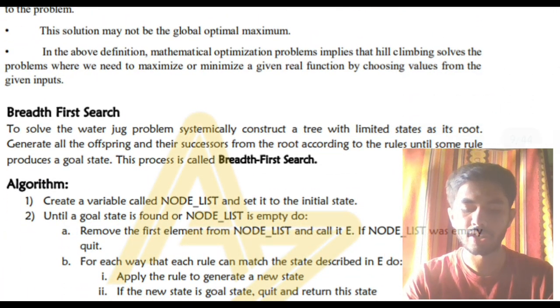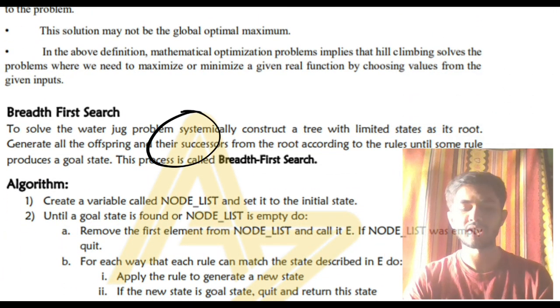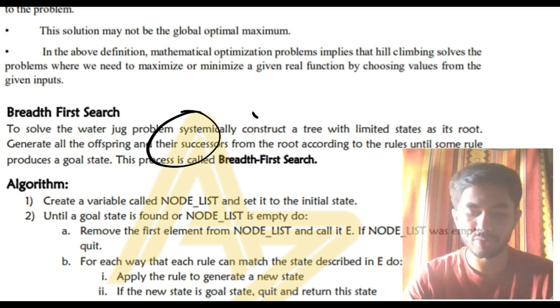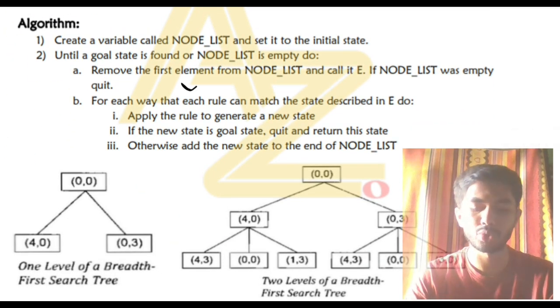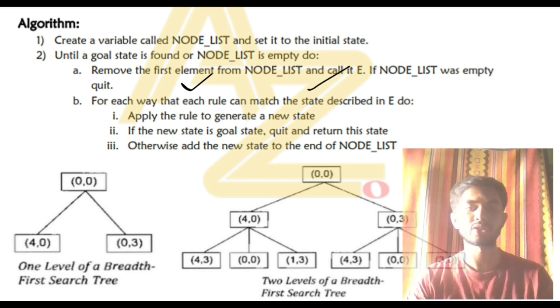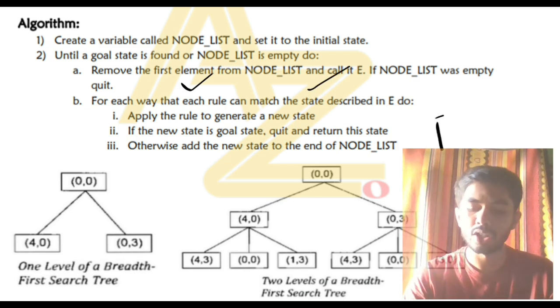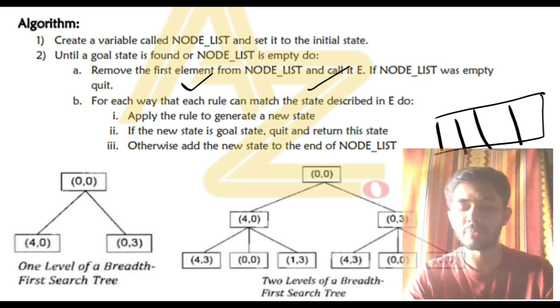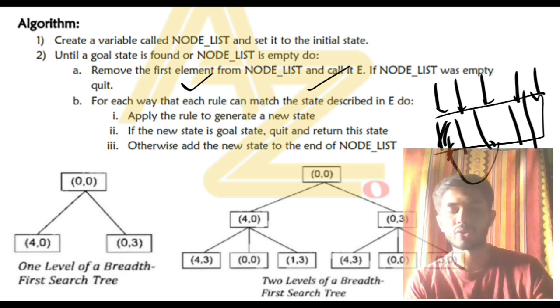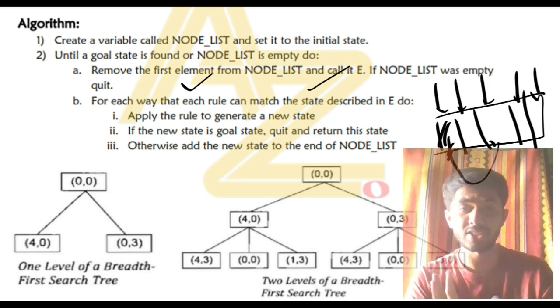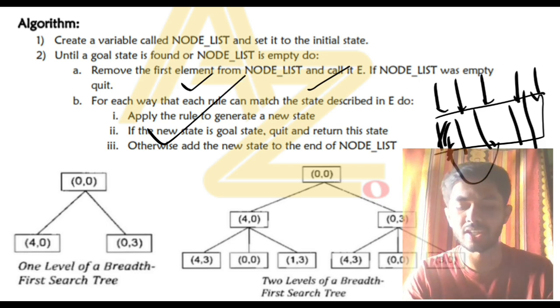For breadth first search, the definition is here. If you feel scared to write in your own words, you can learn this definition by heart. And for the algorithm, you have the same thing. If you are not able to write on your own, you can just learn this algorithm by heart. What I told you, see, you have a node list here. Node list means it will be a queue. In the queue, you'll be storing each of these nodes which you are visiting, and after you visit one node, remove that node and store its neighbors. Like that, in order you will be storing and outputting that. If you have guts, write it on your own. Don't try to learn this by heart like a robot.